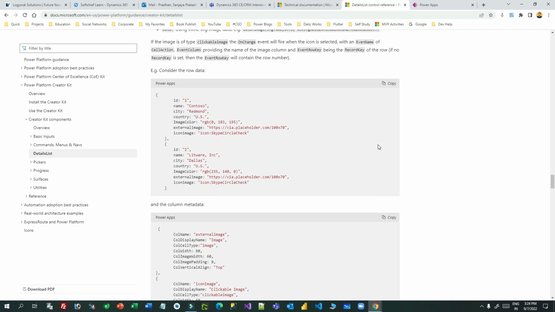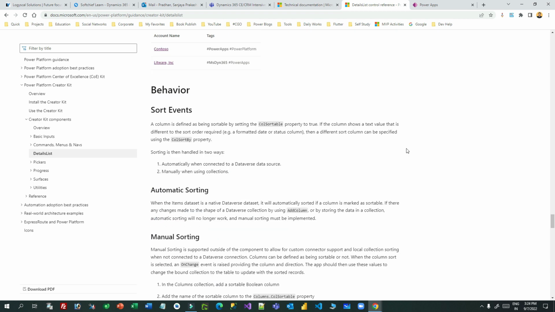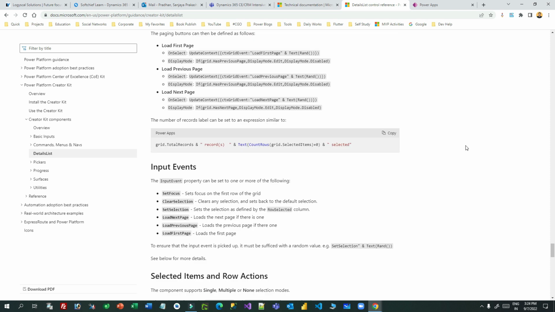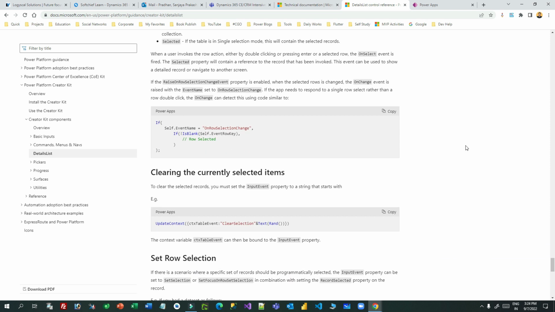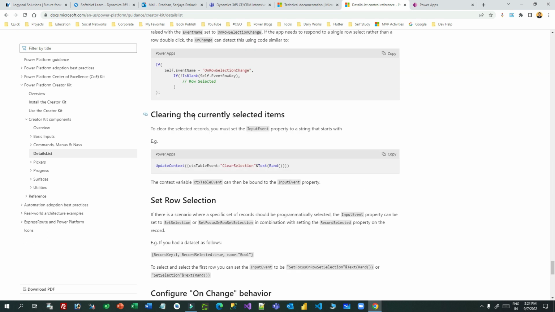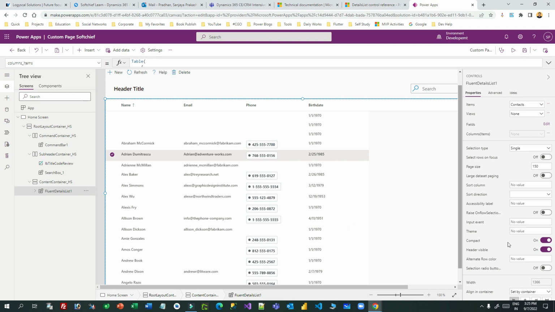Let me go down and copy some code. Okay, on change, right? If the selected event name equals on row selection change, you see here this details list has a property called